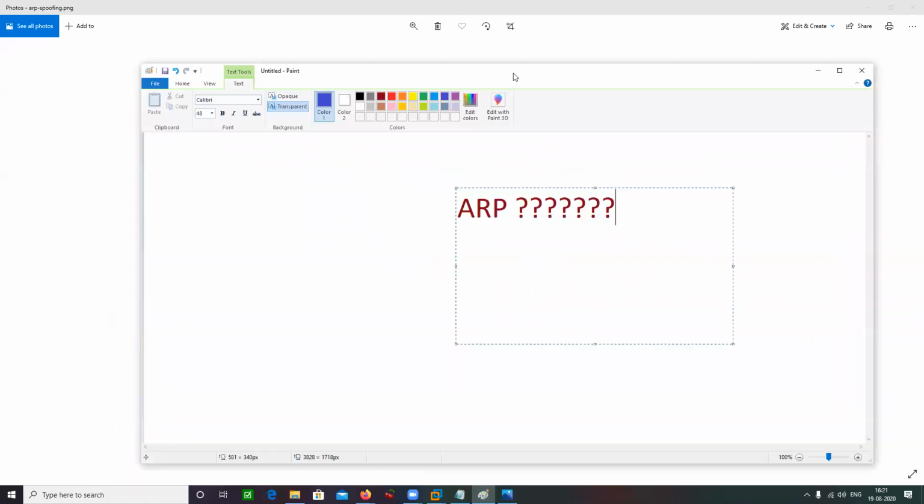Is it the same as the CAM table? No, the CAM table is different from the ARP table. The CAM table contains the entries for MAC address to interface binding, and it is only present with the network device. On the other hand, the ARP table contains the entries for IP addresses and MAC addresses, and there is going to be an ARP table present in each and every host.